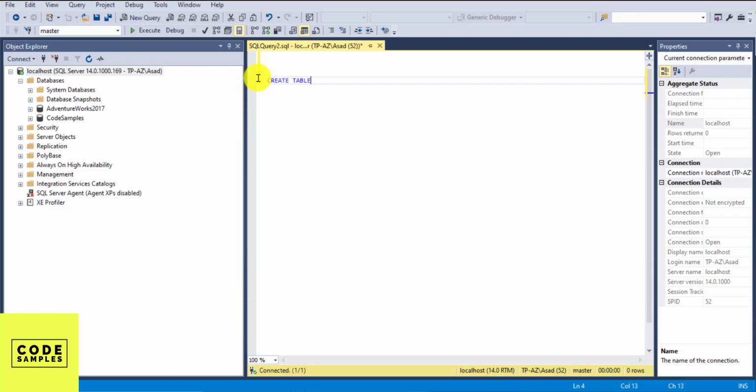CREATE TABLE, table name, which in my case would be employee, open parenthesis, close parenthesis. And within the parentheses, you're going to define all the columns and their data types. I'm going to go over the data types in a different video, but in this tutorial, I'm just going to show you how to create a table called employee. So my first column would be employee ID, data type, which would be integer,